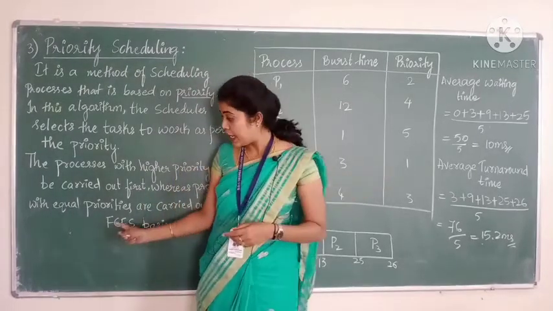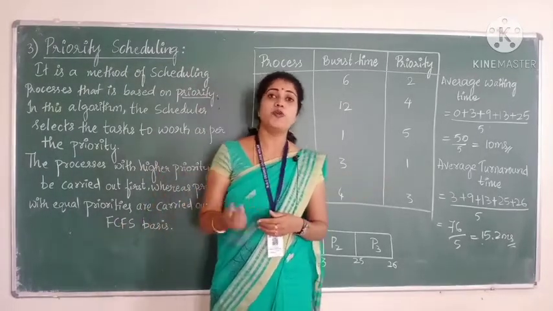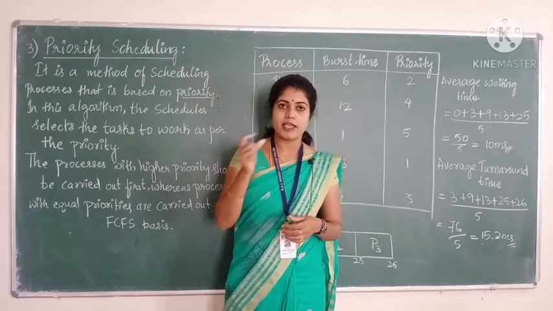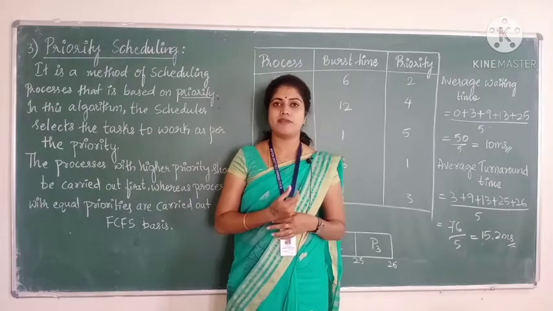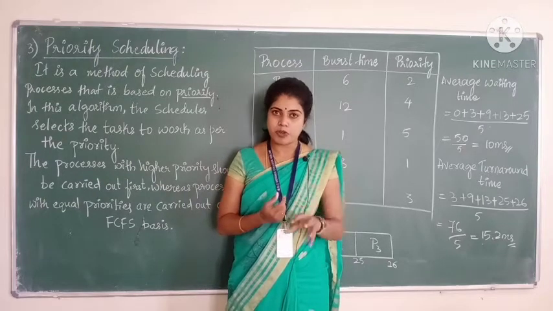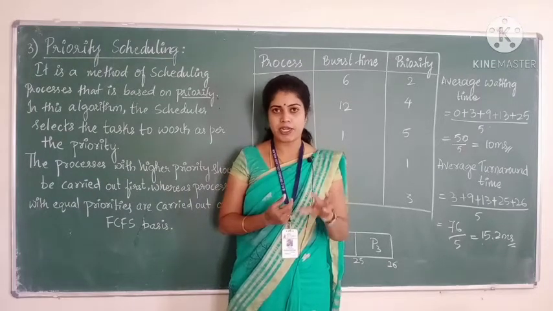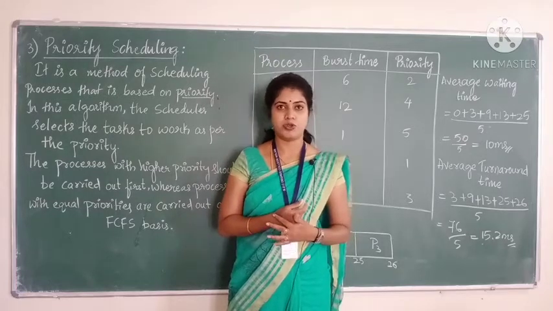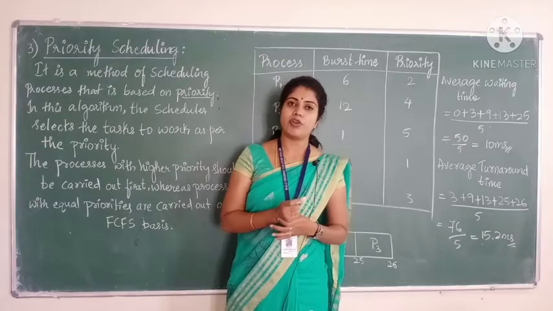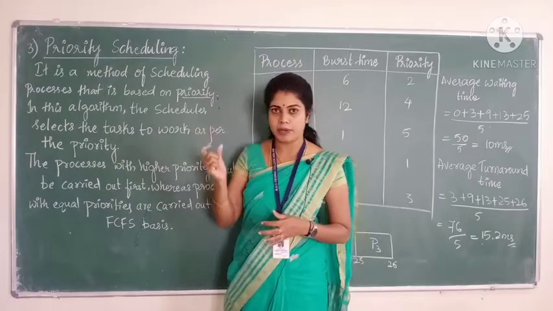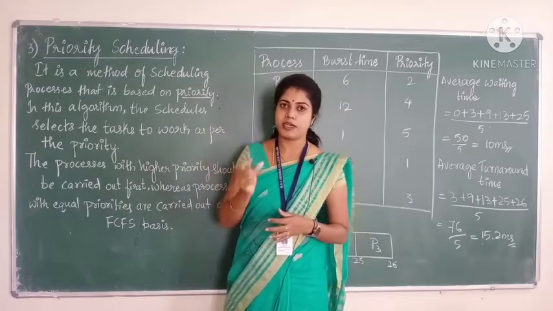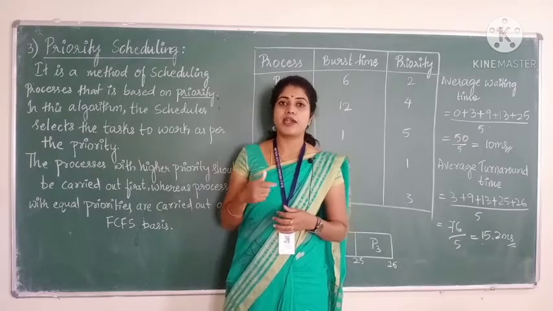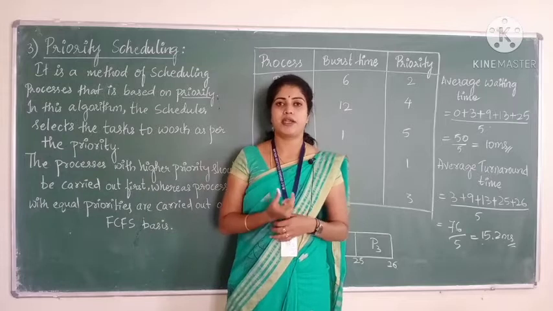Okay, so what is the last point it is explaining here? If any two processes have the same priority, there again one more concept comes, which is called first come first serve. The process which comes first will be given the first priority, and the next process with the same priority will go for the next execution. So here the thing you have to remember is that the scheduler selects a process for execution based on priority only.